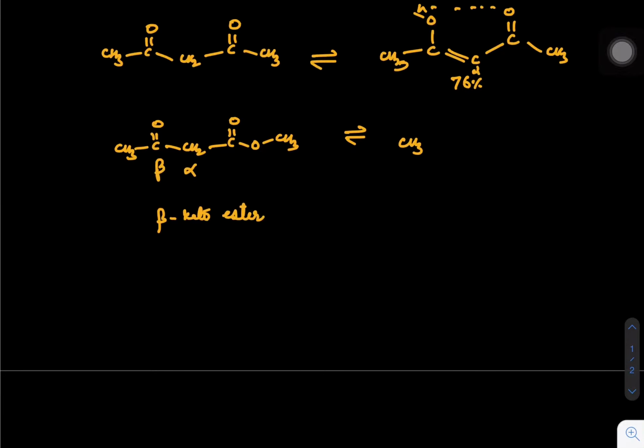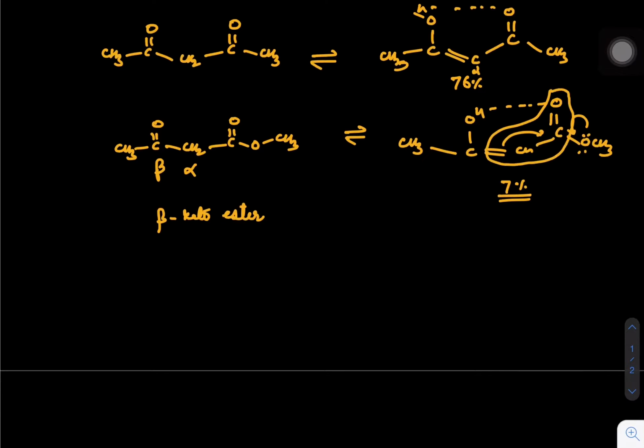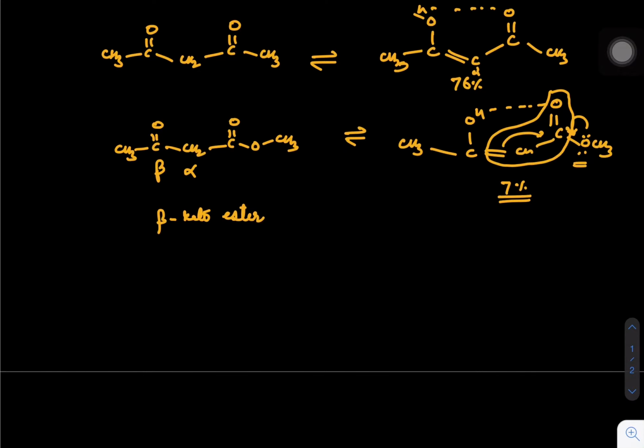Let's keep CH3. In the next example, if you do the same thing, CH3 COH double bond CH, C double bond O, OCH3, again we can talk about this interaction, but this time the enol content is almost 7%. The reason is that this oxygen is in a way contradicting the conjugation which is happening from C double bond C to C double bond O. So this extended conjugation is getting some kind of cross from the O lone pair. Hence keto esters have lesser enol content as compared to the normal diketone example. I hope this point is clear.